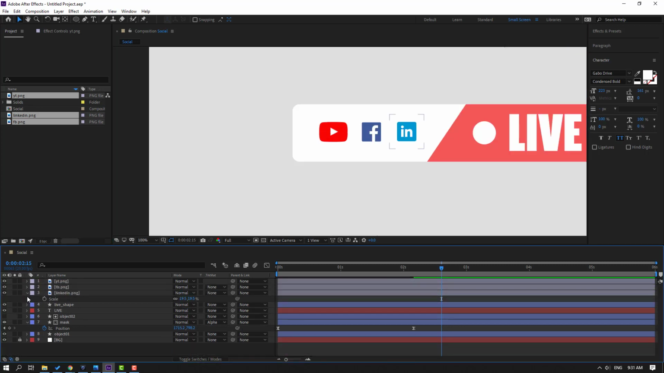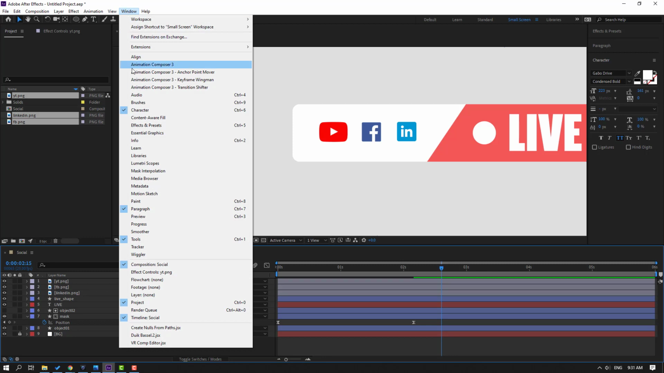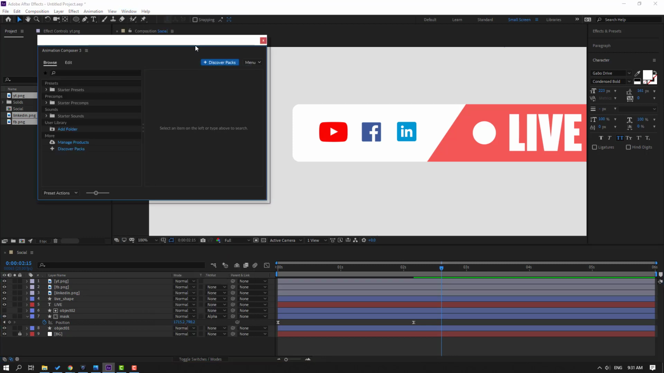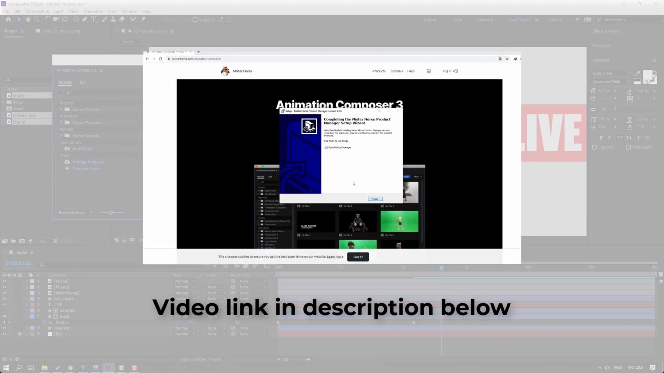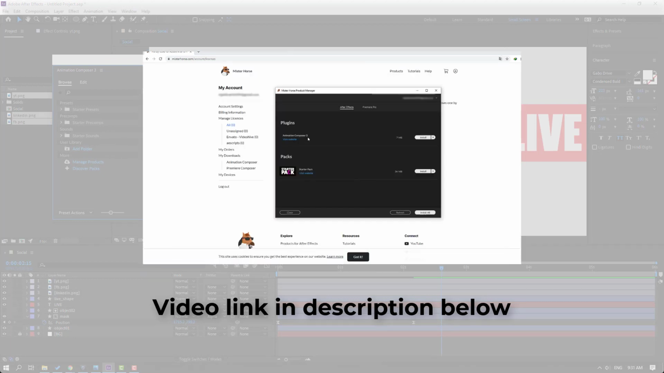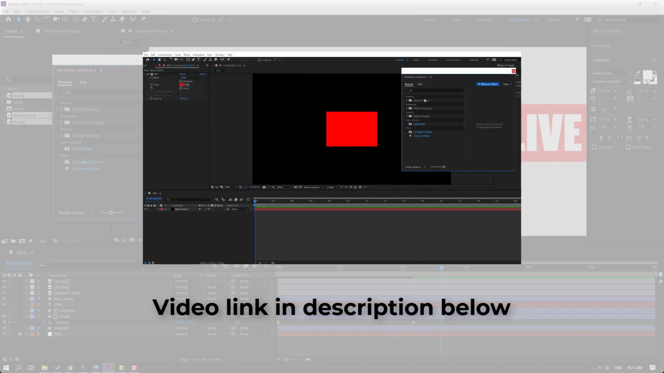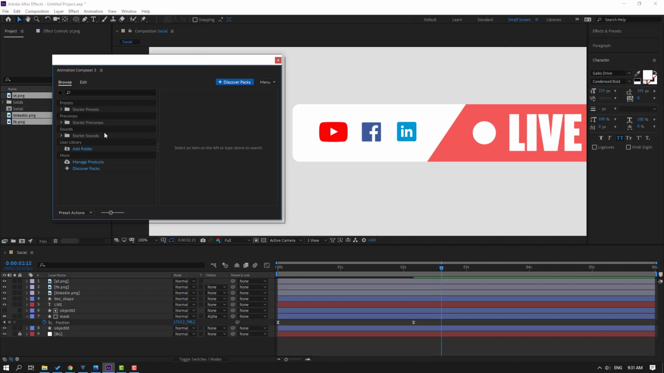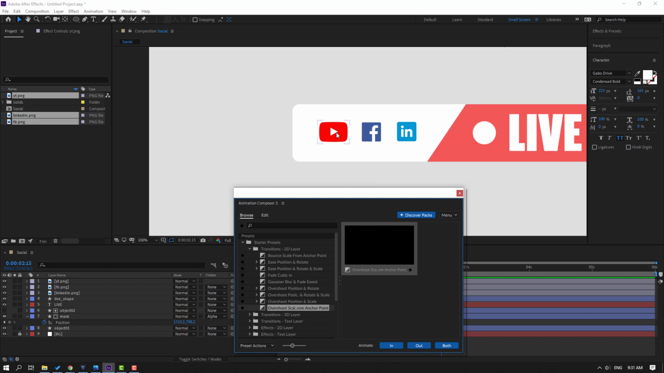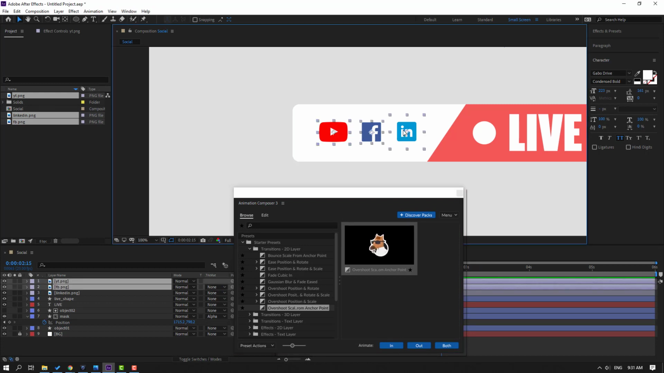and in this time let's go to window, open Animation Composer 3. So friends, this Animation Composer 3 plugin is free. You can watch my video tutorial about how to download and how to install this Animation Composer 3. I will add the video link in the description. So let's open starter preset and open here 2D layer. Select this overshoot scale and let's select this icon and this icon and this live icon. Click in